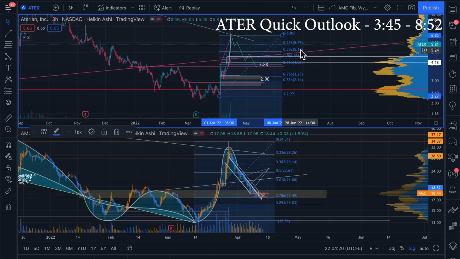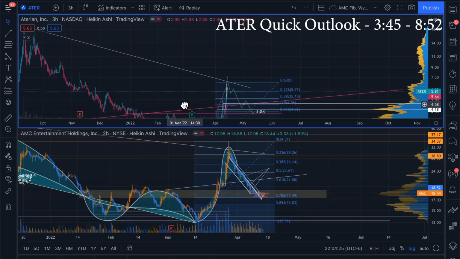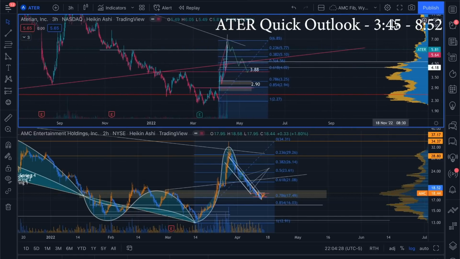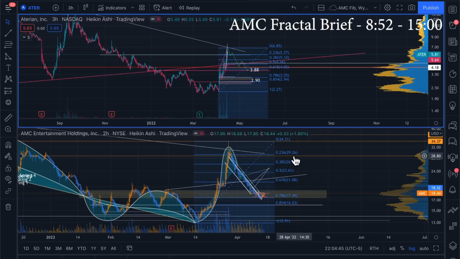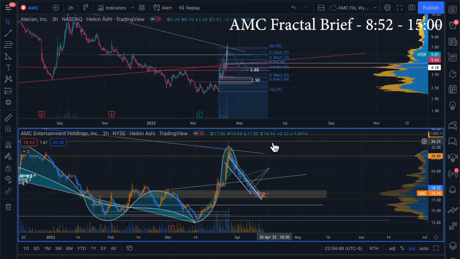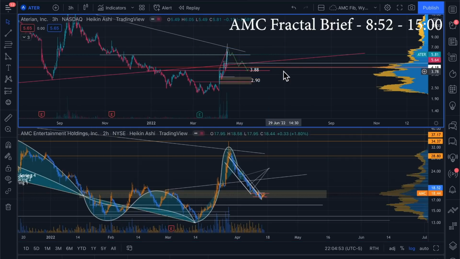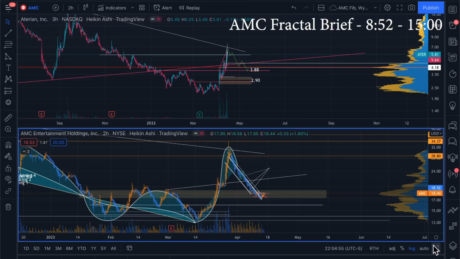So that's why I'm not super confident that it's just going to keep going. I understand that there are no more loanable shares, so on and so forth, but AMC's been at 100% utilization forever, it seems like, and they still were able to do this. So never underestimate the power of selling and synthetic shorts. That being said, I'm going to switch over to talking about AMC exclusively for the rest of the video. I've got a bunch of information that I want to share with you. Some of it's really interesting, and I've got a bit to talk about.